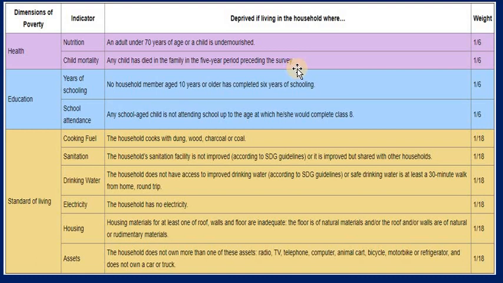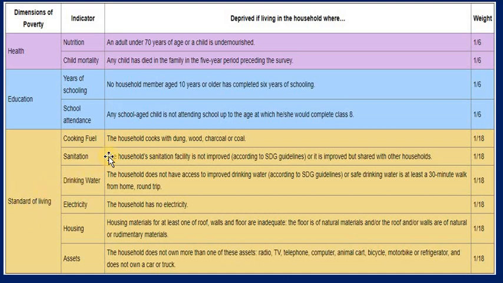Then education, years of schooling: no household member aged 10 years or older has completed 6 years of schooling. And attendance: a school age child is not attending school up to the age at which she would complete class 8. This is basic education.